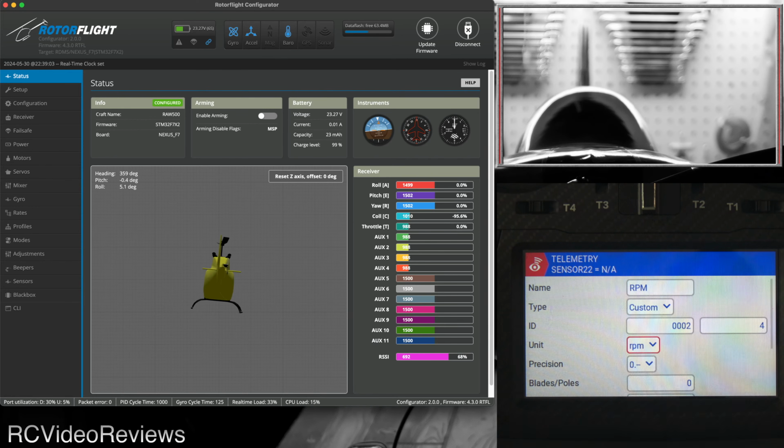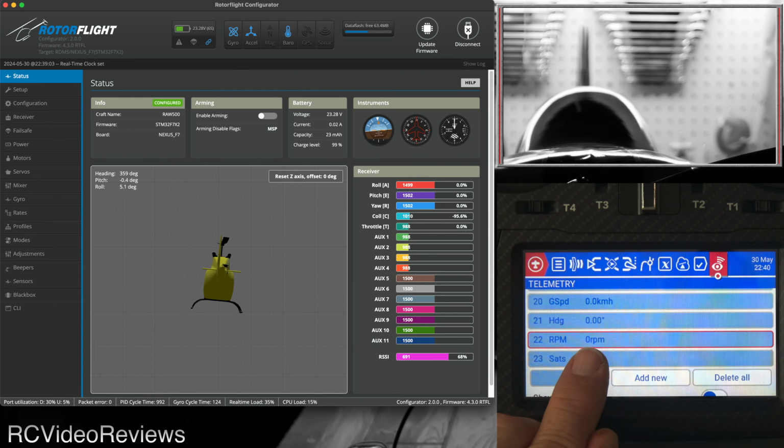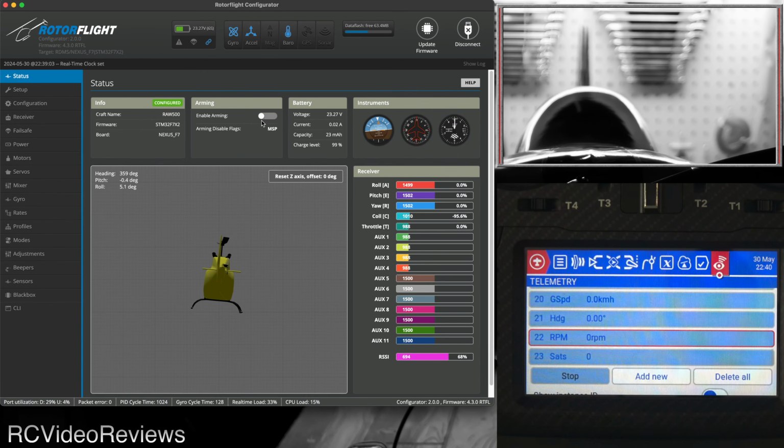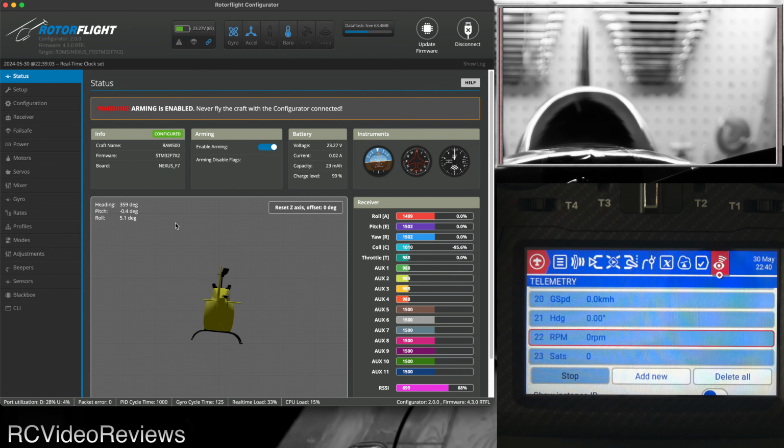So now if you have telemetry, if you use a special function, for example, to play the value of that sensor, it will say the number followed by the phrase RPM. Okay, and now I can show you that it works. So I'm going to turn on arming, and we'll just enable that. And then I'm going to arm Express LRS, so that's enabled. And then I'm going to spool the helicopter up. It is actually connected to the helicopter with the blades off. So I'm going to spool that up, and we should see some RPM data come in